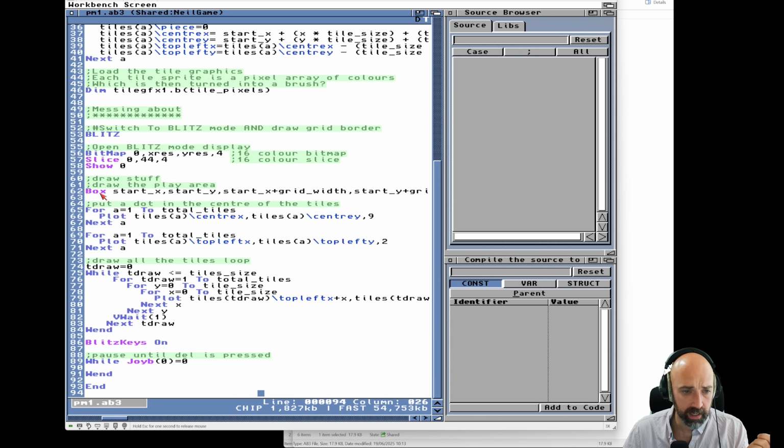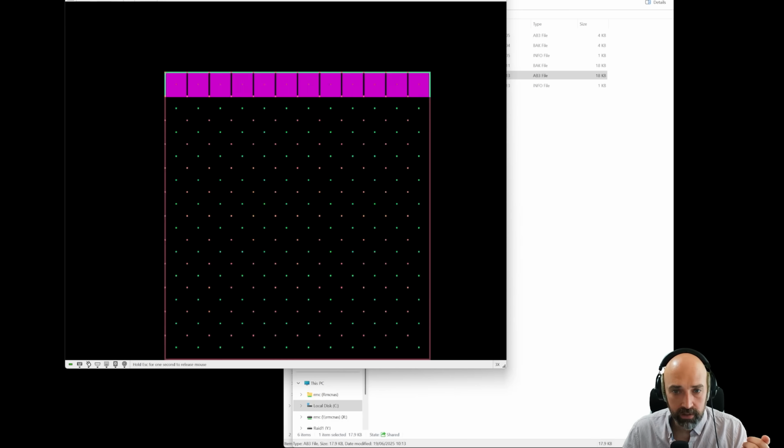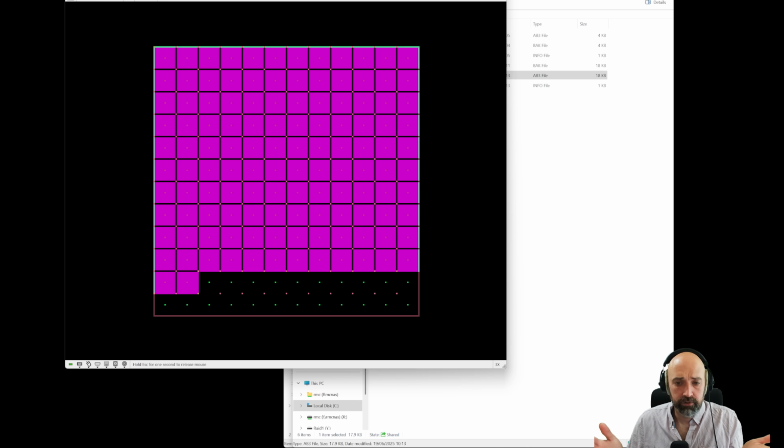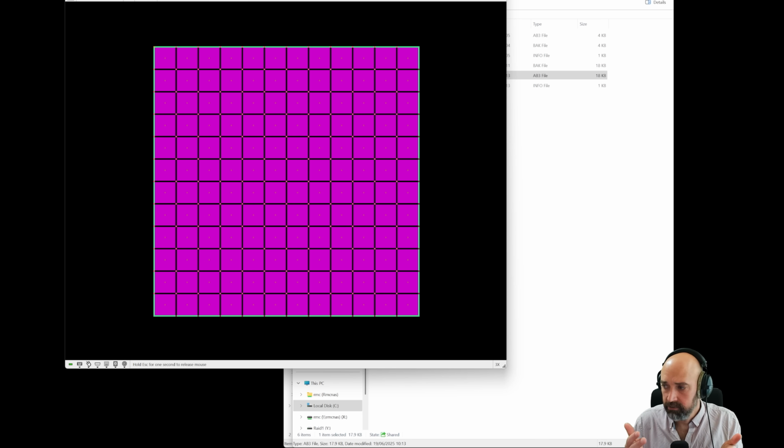That should be, and we've drawn a box for what would be my grid. So let's run this and I'll show you. There it is. I've created a grid and I've created tiles. All the elements that I need to work on a tile-based game. Now, to go beyond that, I need to start working on getting some actual graphics in and not just plotting